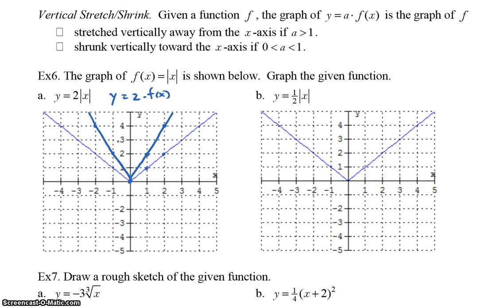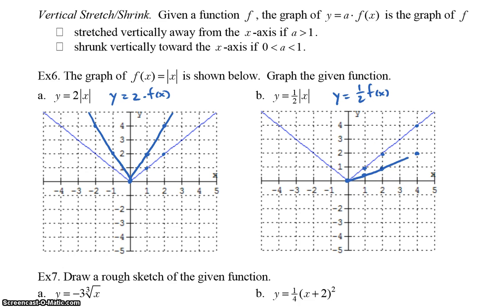The second example is a vertical shrink because the multiplier here is less than 1. This is y equals 1/2 f of x. So here the y coordinates are going to be cut in half, which moves them towards the x-axis. For example, the point at 1, 1 would now be at 1, 1/2. The point at 2, 2 would now be at 2, 1. The point at 4, 4 would now be at 4, 2. And you see how all of the points get pulled